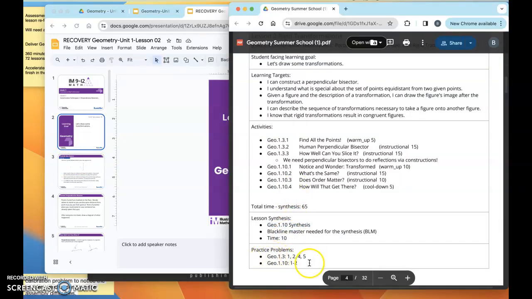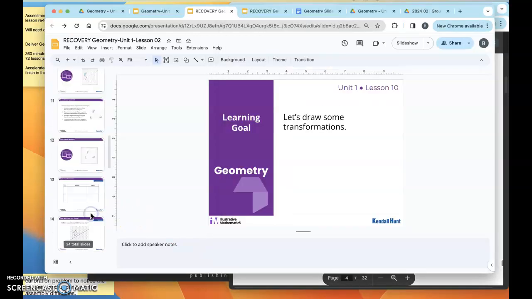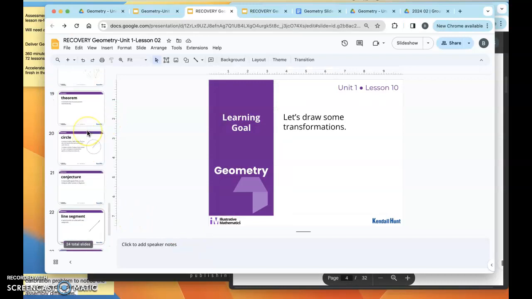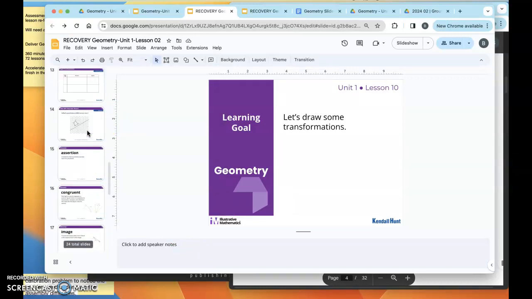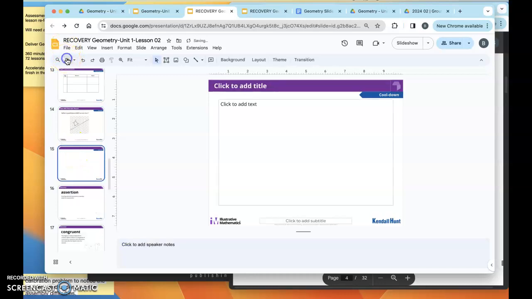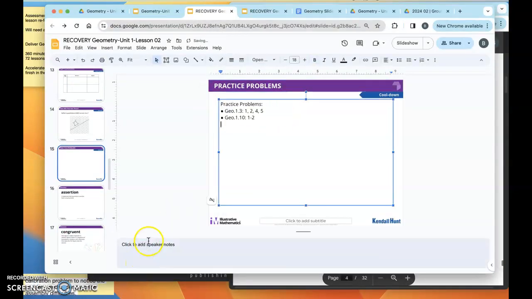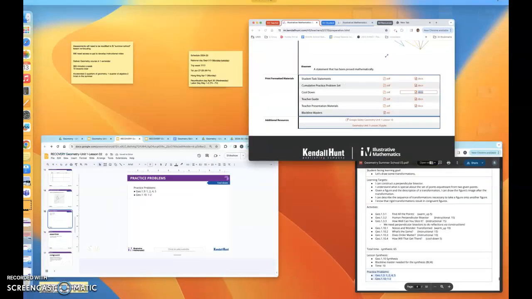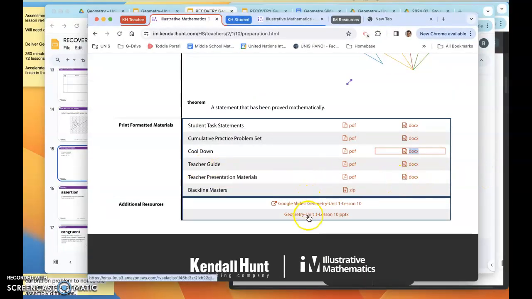And then the last thing I want to do is link the practice problems in at the end, again, to make this a one-stop shop. So I can go after the cool down, and I'm going to create a new slide. I'm going to call this the practice problems. I'm going to put that in there, and then if we go to the practice problems,